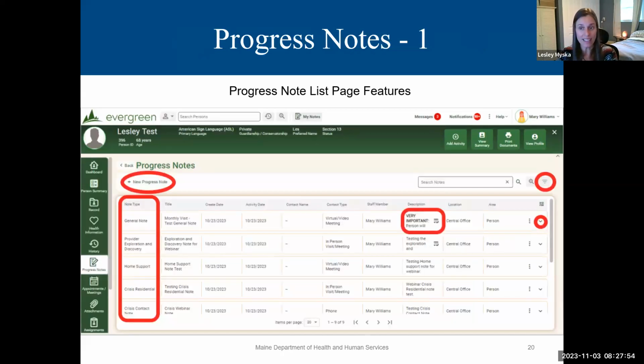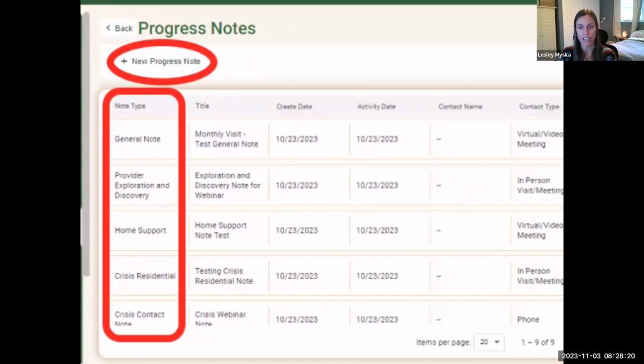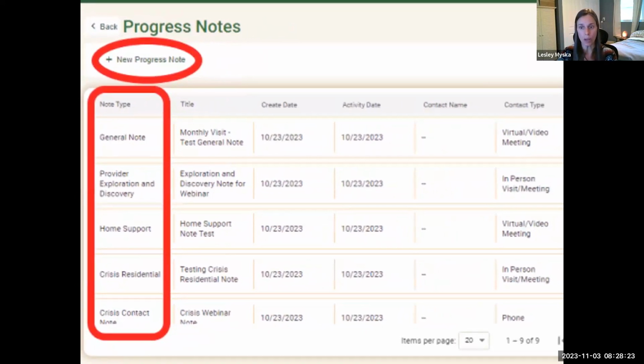Just like forms and plans, progress notes can be found by navigating to a person record through search or through your caseload list if you have an explicit relationship, and then clicking on the progress notes icon in the primary navigation on the left-hand side. It will appear white, and it is in the screenshot when you've clicked on it, and then it will display for you the all progress notes list page, which is what's being displayed in the central content area of this screenshot. This all progress notes list page contains all of the progress notes for that person record.